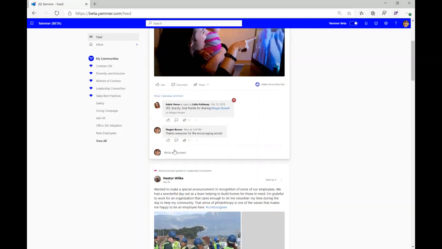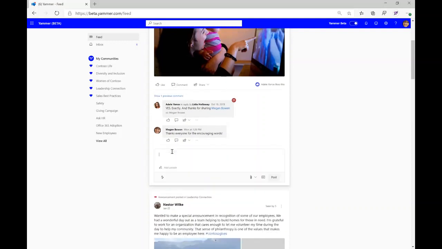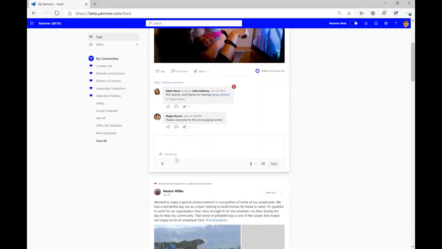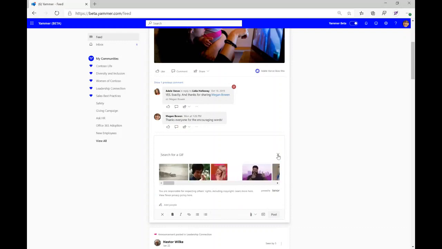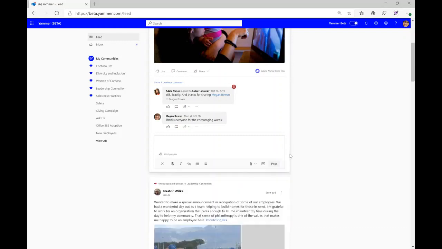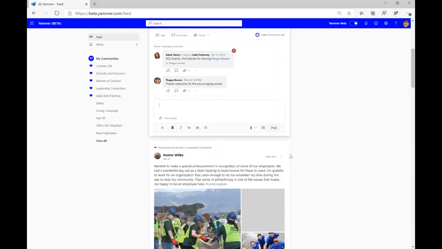We also have a new publisher experience. So when I click in, if I want to engage with this conversation, I have a couple new options. I have my rich text options here. I can attach a file, and now it actually includes suggested attachments. These are the files that I'm working with peers closely on, or the recently accessed files that I've been using, just to make it easier to find what I'm looking for. And I can even share expressive GIFs. We've resized these as well so that they show up nicely in the feed.